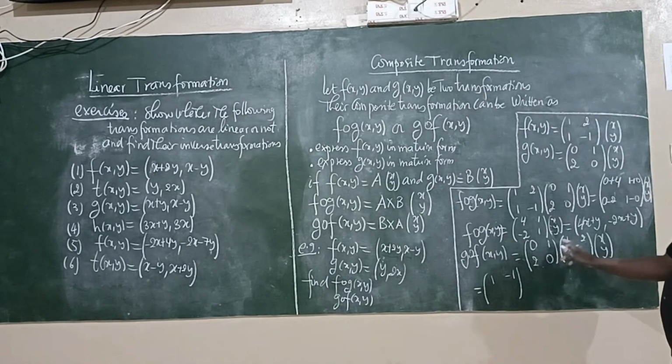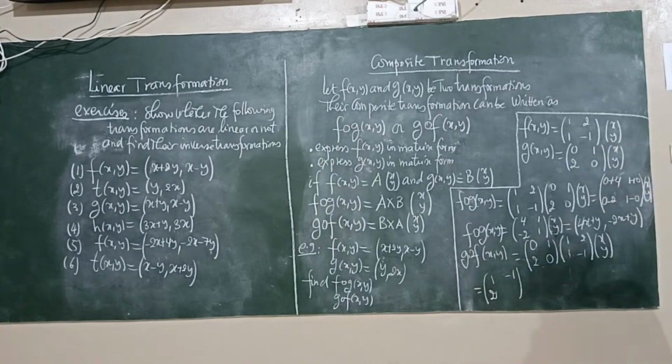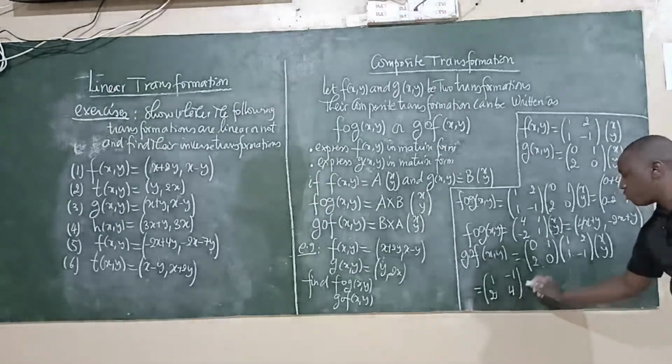We have 2 times 1, that is 2. 0 times 1, that is 0. We have 2 plus 0, and that is 2. Now, the next is, we have 2 times 2, that is 4, plus 0 times minus 1, which is 0. We have 4 plus 0, and here is going to be 4 times